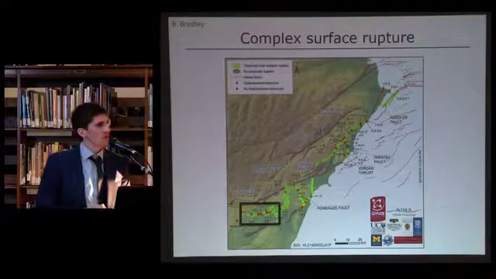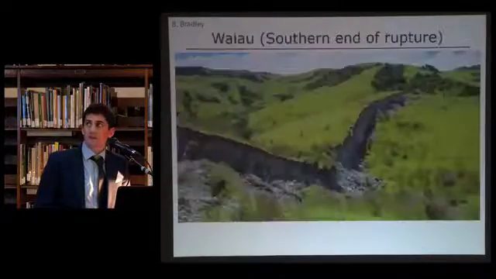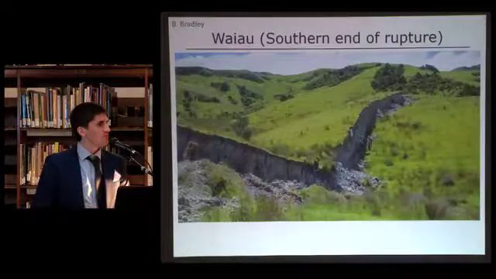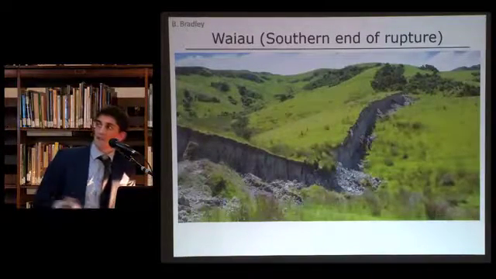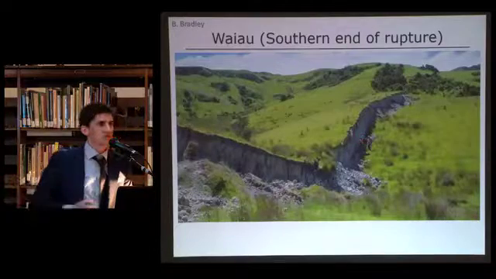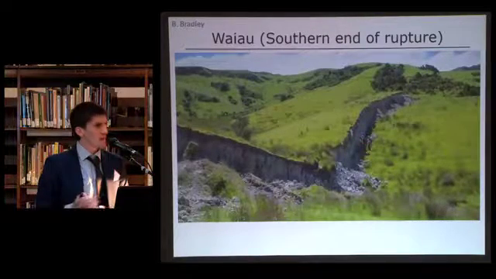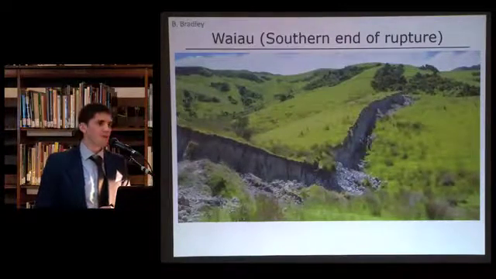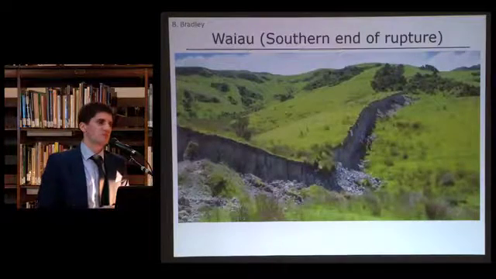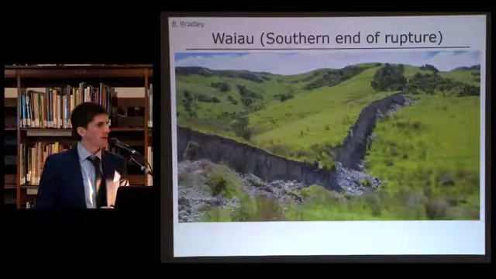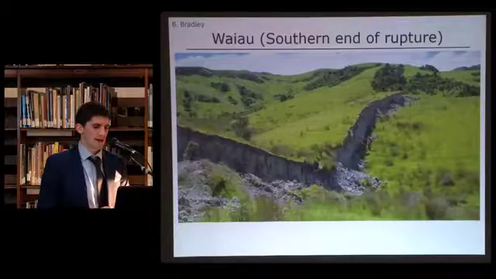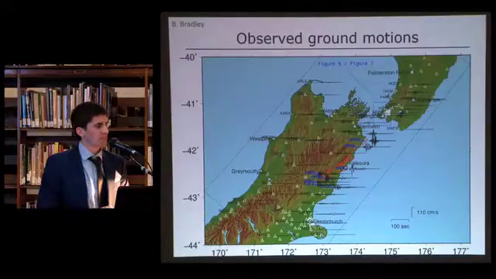One example, just looking at the southernmost end of the rupture, we saw some fault offsets looking something like this. I think you can see the couple of people, geologists here, surveying the fault. So we have on the order of about 3 metres of vertical motion at that particular location. There was measurements of up to 7 metres of vertical motion at a few locations, and a little over 10 metres in the horizontal direction as well.